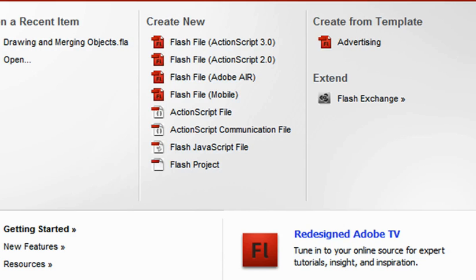Alright, this is the most important tutorial that we are going to discuss. It's the text tool, and you may think that the text tool may be easy to use and you've probably used it before and you could probably figure out some of the things, but there are some things that you probably need to know before you start going into it. So let's open up a new file, ActionScript 3.0, and let's click our text tool,